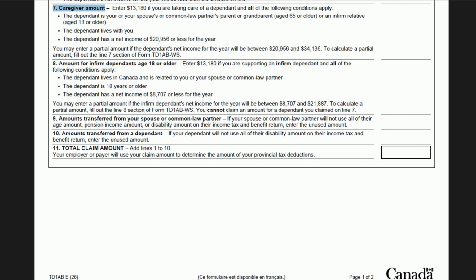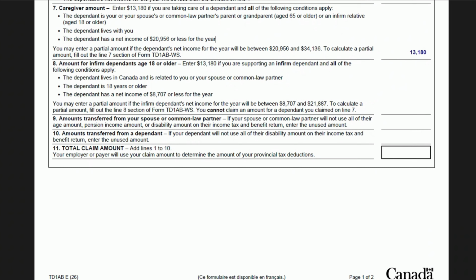Line 7, caregiver amount. Enter 13,180 if you are taking care of a dependent and all of the following conditions are met. The dependent is your or your spouse's or common law partner's parent or grandparent aged 65 or older, or an infirm relative aged 18 years or older. Infirm here means someone who has a mental or physical impairment. The dependent lives with you. The dependent has a net income of 20,956 or less for the year. So if the amount that the dependent makes is less than 20,956 and the other criteria are being met, enter